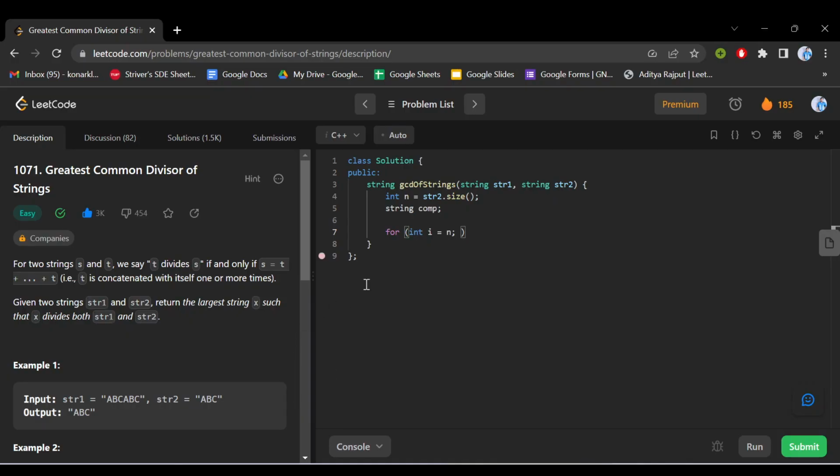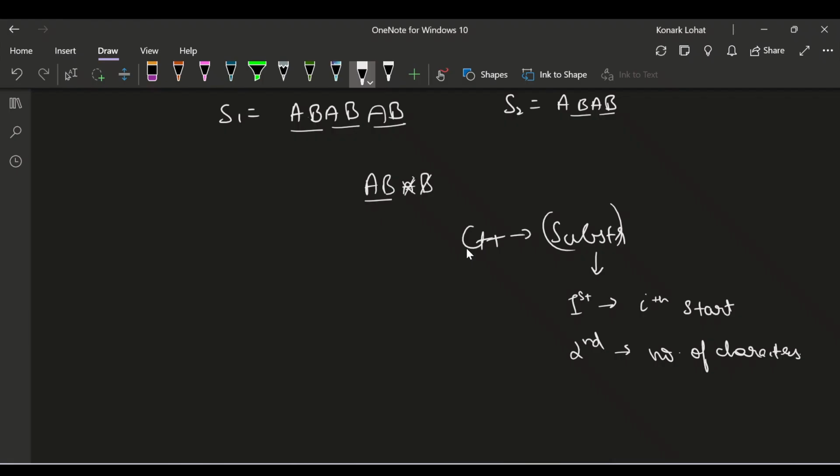Okay, so let me just write this for loop first. Now the comparison string is going to be str2 dot substring. We are starting with 0, that is the first character, and we are going all the way up to i. And that is why we have taken n, because